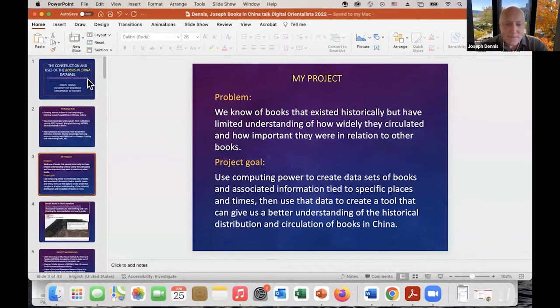What I'm trying to do is collect a large set of data about particular books that are in particular places at particular times. And once you know where a book was and when it was there, then you can map the circulation. So my data set is linked to a mapping function and a timeline function and a comparison function. If you wanted to compare multiple books and how many copies were in circulation, then you could compare those at the same time.